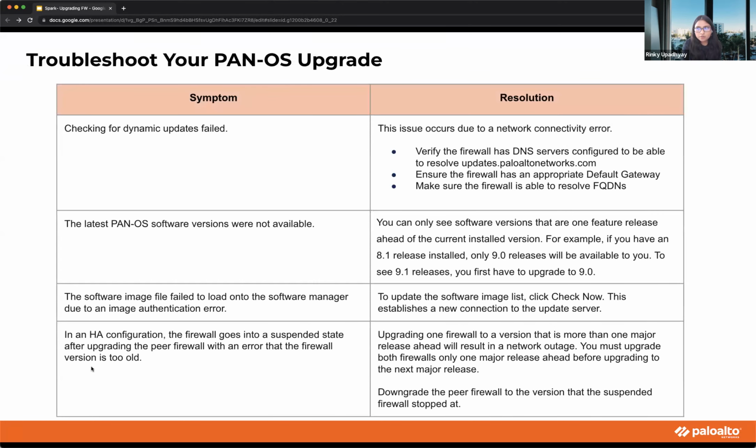So these are the common troubleshooting scenarios that you need to take a look for your PANOS upgrades. Sometimes if you see that the dynamic update fails, this occurs because there is a network connectivity error. So you need to verify that your firewall has DNS servers configured and it's able to resolve